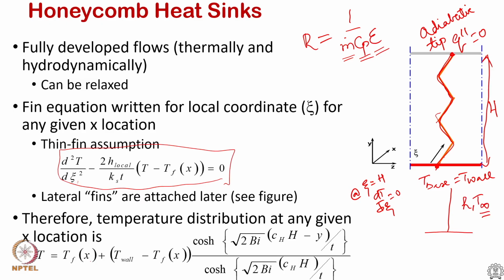The T infinity is considered to be constant. Here we acknowledge that as there is going to be a fluid flow, the fluid temperature varies as a function of depth or length into the heat sink, that is x. In the x direction the fluid temperature is going to increase and not remain constant. So, we write in terms of fluid temperature as a function of x. This is still unknown; we will find that in the upcoming slides. T wall minus T fluid of x, and this is the hyperbolic cosine function, and just rewriting 2h to this